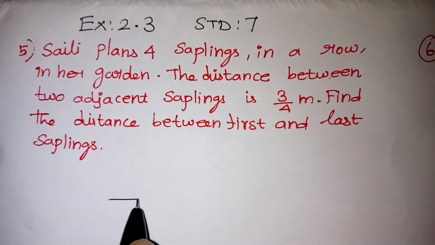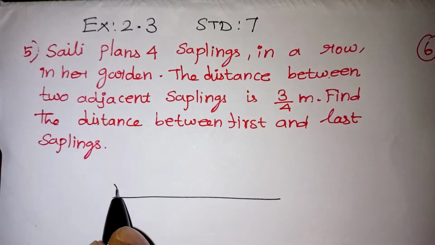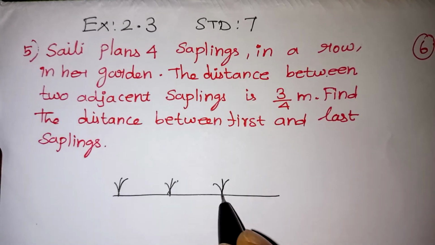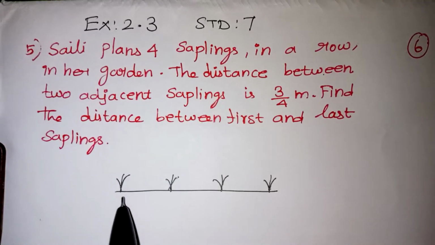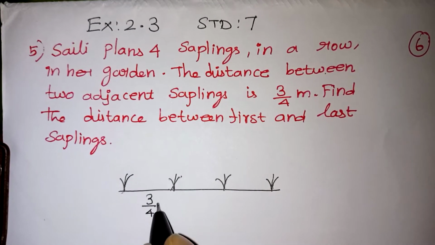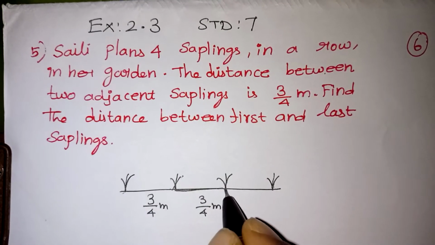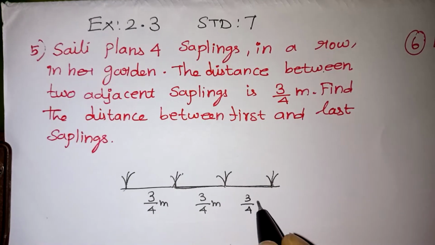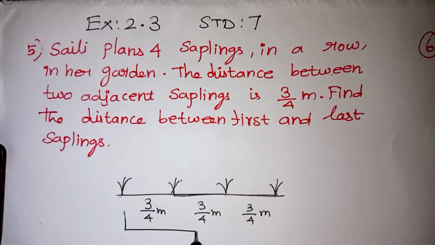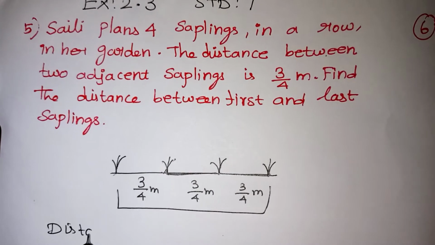Suppose in her garden, in a row, she is planting 4 saplings. So the first plant, the second plant, third plant and the fourth plant. So in between two adjacent plants, she is leaving 3 by 4 meter distance, and for this also again 3 by 4 meters, and for this also again 3 by 4 meters distance. Now what they are asking is, what is the distance between the first sapling and the last sapling they are asking. So the distance between